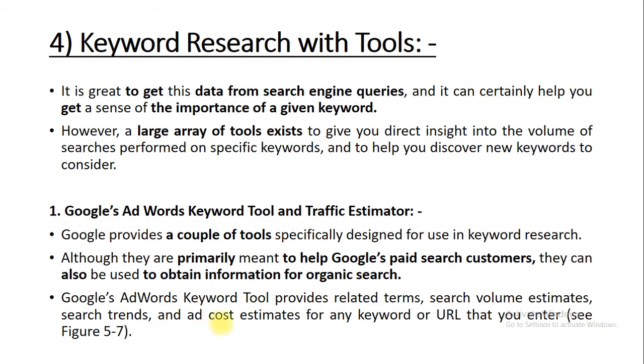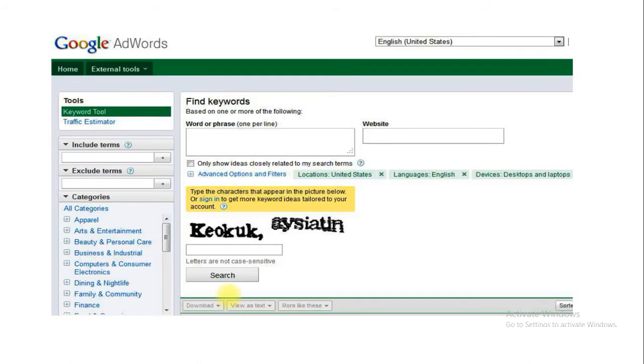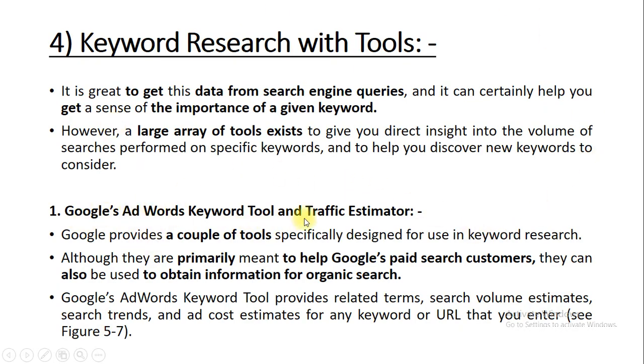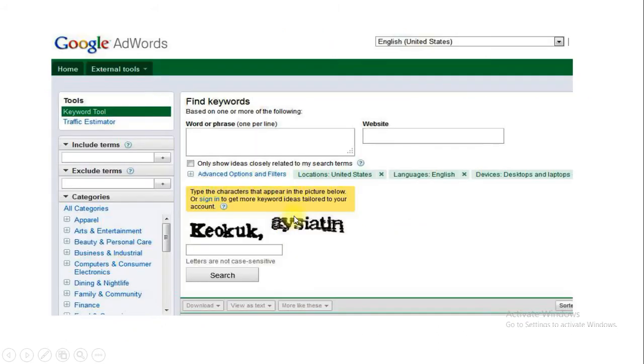Let me share the figure regarding Google AdWords. Over here you have either keyword tool or traffic estimator, as we have talked about, right? Google provides you Google AdWords keyword tool as well as traffic estimator. So you can select any of the options. Then you have include terms. Now what is include terms? When you are going to search for a particular keyword, if you want to concat any second string, that can be considered as an include term.